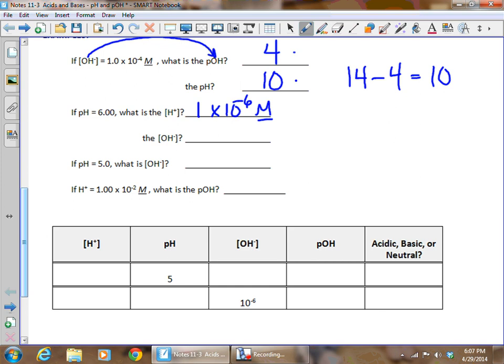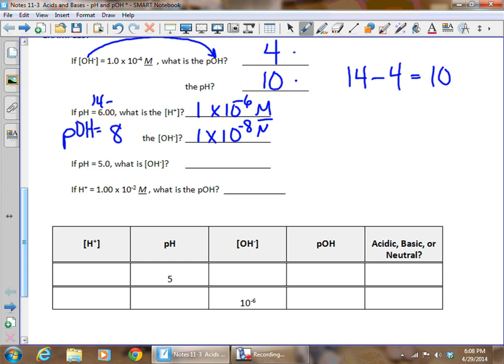What is the hydroxide concentration? Well, we can't get hydroxide ion concentration directly from pH. We need pOH. But pOH, remember, is really easy to find if we know pH. We simply take 14 minus 6.0, and we get that the pOH is 8. So if we know the pOH is 8, we know that the hydroxide ion concentration is 1 times 10 to